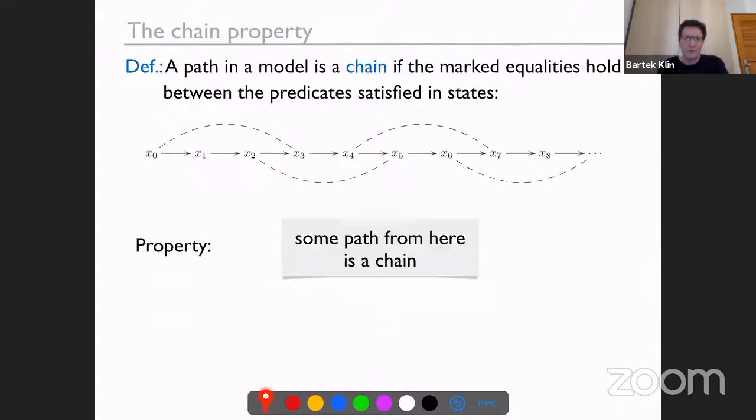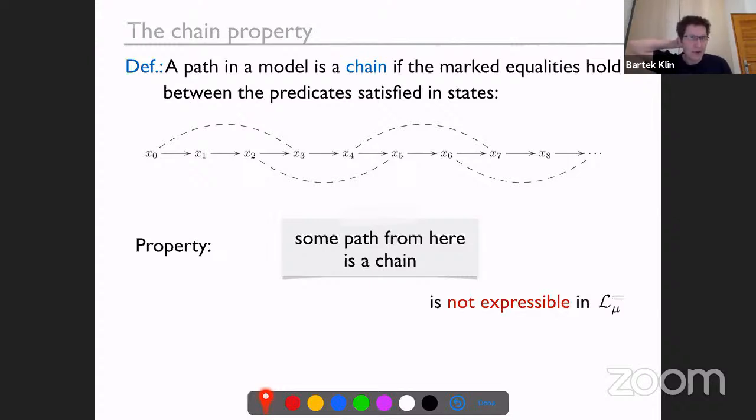Another problematic property. This is a chain. A chain is an infinite path, so let's say that every state on this path satisfies some basic property, let's say an atom, and then I call this a chain if the basic property is equal in these two states, is also equal in these two states, is equal in these two states, and so on. I hope that the drawing explains the name rather well. And then the property that some path from the current state is a chain turns out to not be expressible